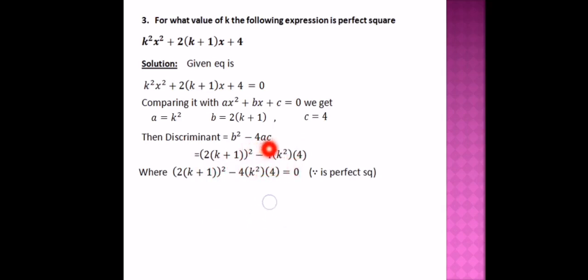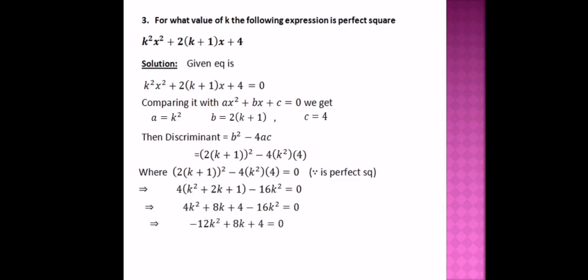Since b square minus 4ac is equal to 0, it means this expression is equal to 0. So after expanding it, we get 4 into k square plus 2k plus 1 minus 16k square is equal to 0, which will become minus 12k square plus 8k plus 4 is equal to 0, which is quadratic in terms of k. But we can also observe one thing here, that 4 is the common factor in all the three terms within this equation. So we are going to take minus 4 as common factor